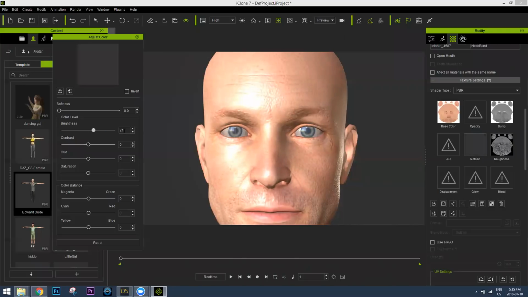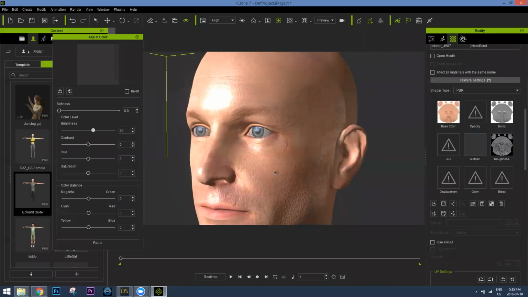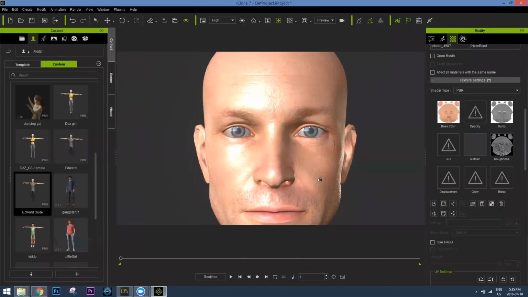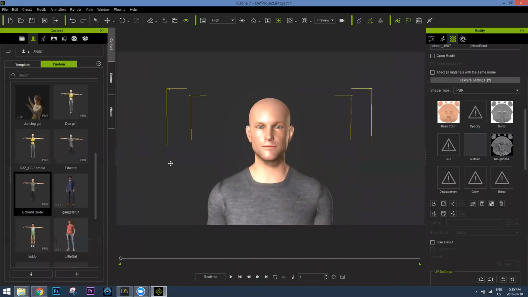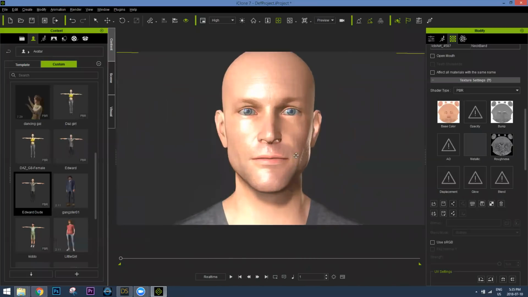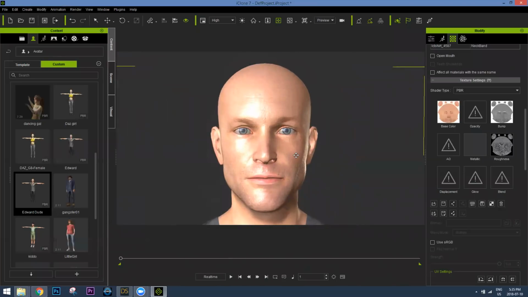I'm going to use 20 for this example because our lighting is going to be different momentarily. Obviously, maybe this looks a little bit too greasy for this type of lighting, but anyways, it looks okay from over here. But say, for example, you have a whole bunch of Daz characters and you